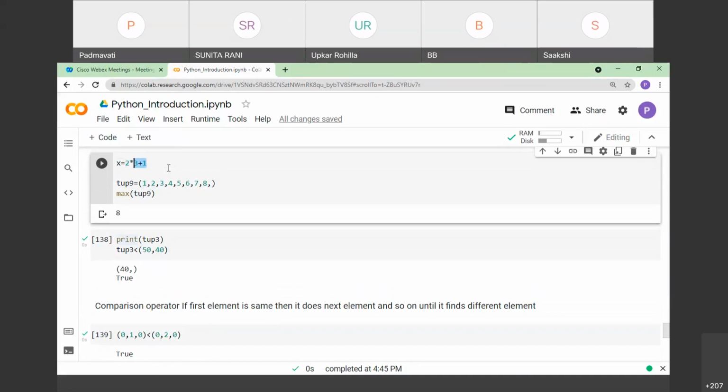So this I can pass as a single element to the tuple. Instead of simple numbers or strings, I can have some kind of expressions. I don't want to pass the value as 81; I just pass the expression, that is 9 cross 9.